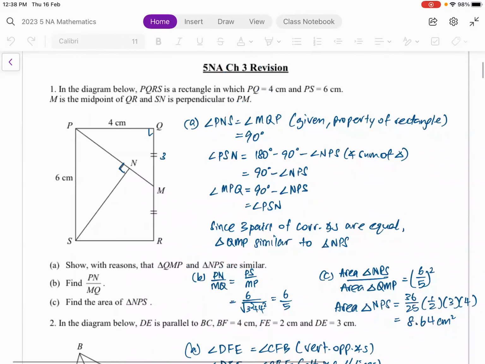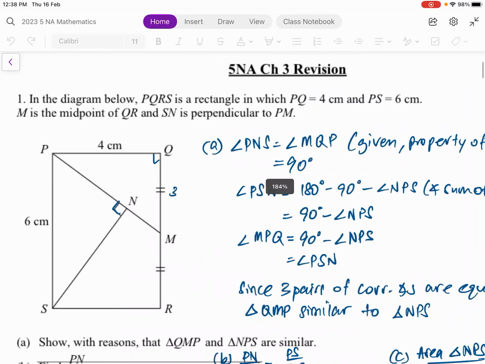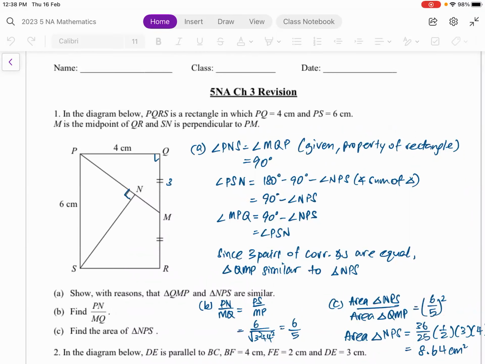1A. Okay, so 1A. This is going to be recorded, it's going to be uploaded. So if you don't have time to copy down, it's okay. You can go watch the video and copy. Okay, now you're supposed to prove that these two triangles are similar. Whenever you prove that triangles are similar, think about 3 pairs of corresponding angles, whether they are the same or